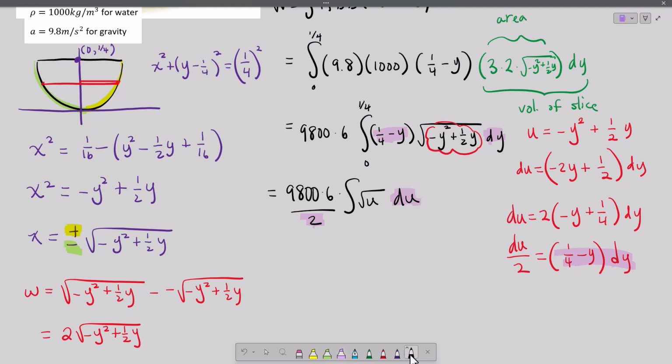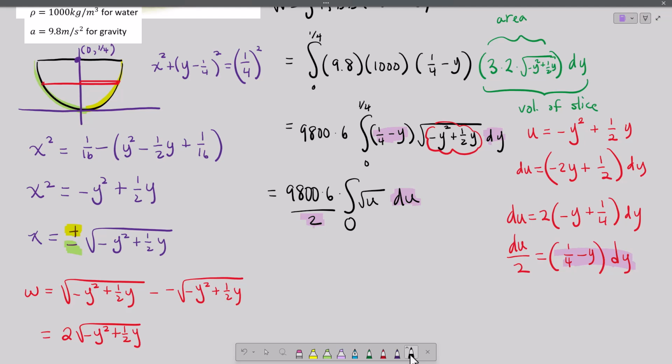Now, limits of integration. This is a pretty simple function to integrate with respect to u, so let's see if we can get u limits instead of going back to y limits. So when y is 0, there's y being 0 right down there. That's a y limit. When you plug it in here, you're going to get the corresponding u value. So if you plug in y equals 0 here, you get u equals 0. And now if we take the 1/4 y value and we plug it in there, maybe we need to write it down over here. We're plugging in 1/4, so we're going to have minus 1/4 squared, which is negative 1/16,